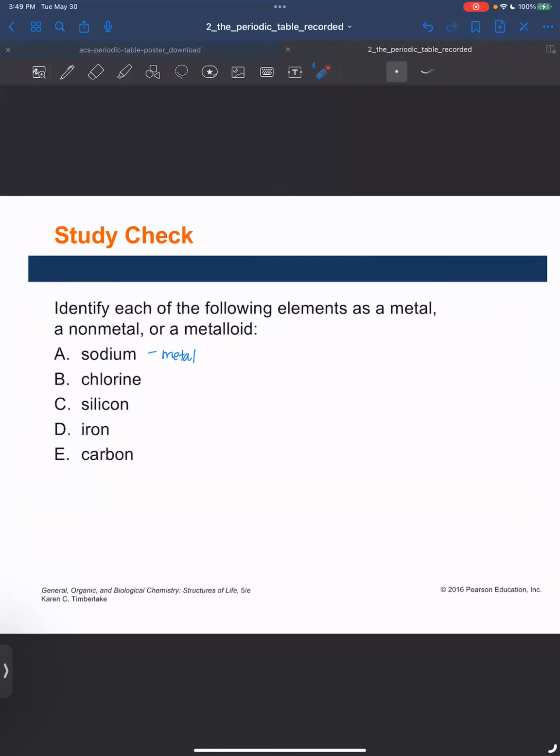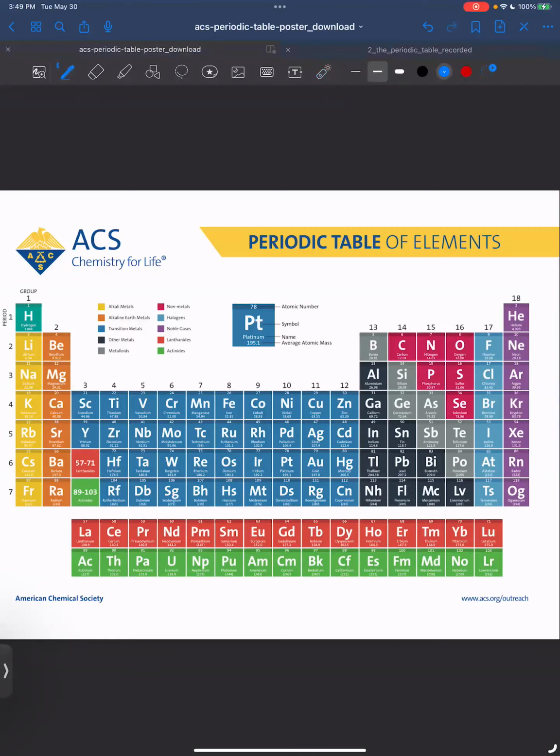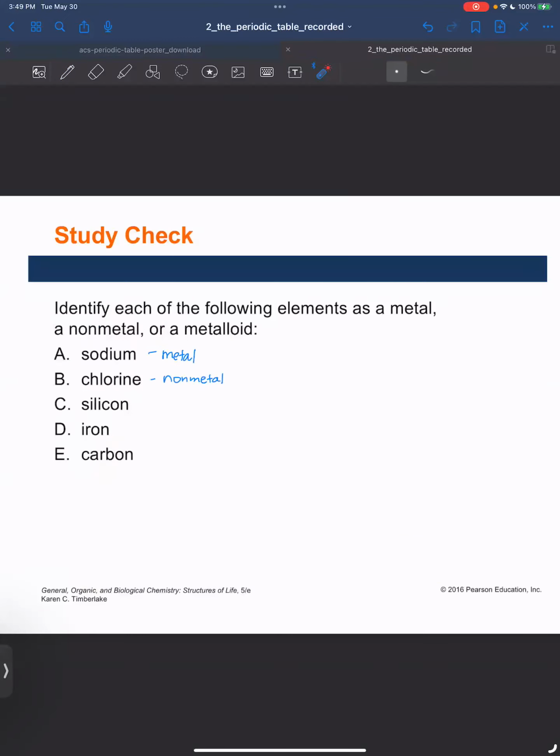What about chlorine? Good, that's a non-metal. It's to the right of the gray ladder there, so that is a non-metal. Silicon, that is a metalloid. It's one of the gray elements on the ACS periodic table. What about iron? Good, that's a metal. And carbon,